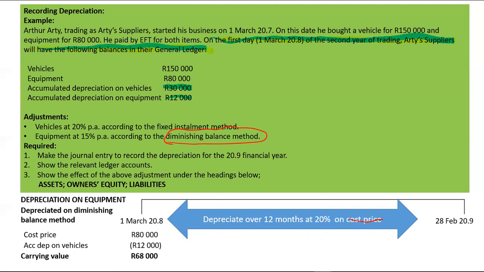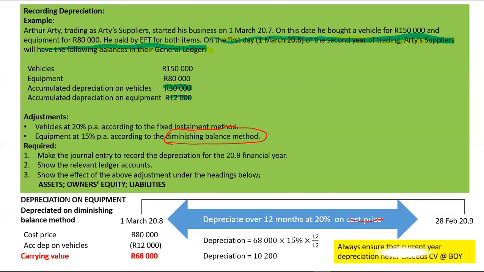Therefore, when I calculate depreciation using the diminishing balance method, I am simply going to take the carrying value at the beginning of the year. The carrying value at the beginning of the year is 68,000. I will simply take that and multiply it by 15% and multiply it by 12 over 12, and that will give me 10,200. Again, you need to make sure that current year depreciation doesn't exceed accumulated depreciation at the beginning of the